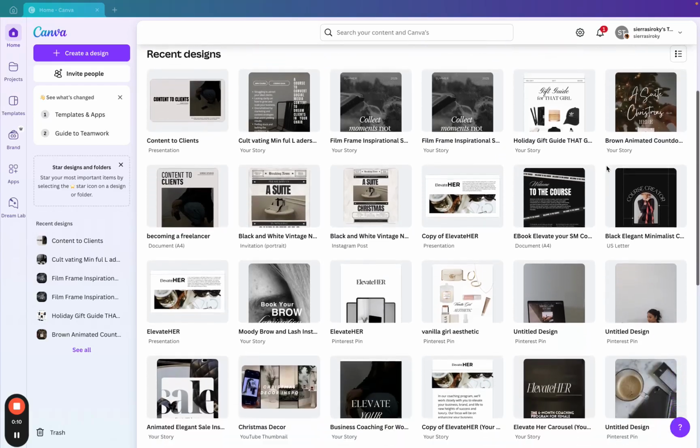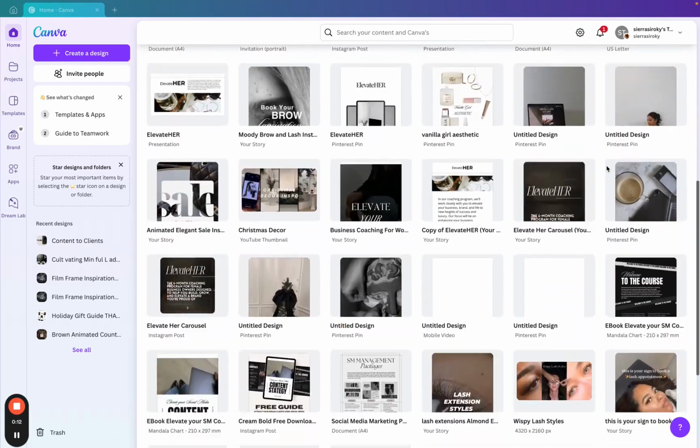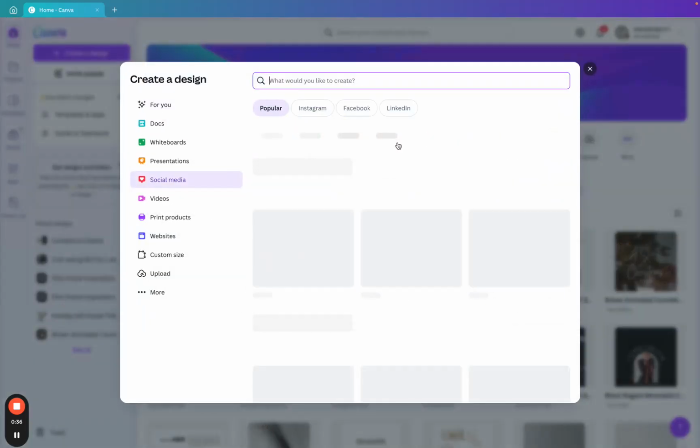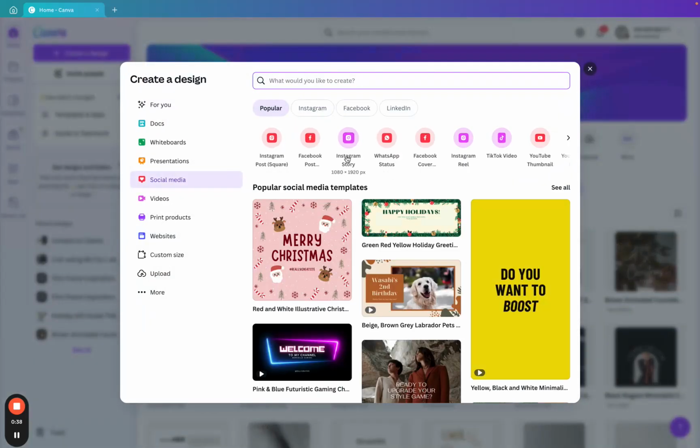So we're going to start to do a little tutorial on Canva. So if you want to create a Pinterest pin, a story, a document, you can do contracts for your clients and things like that, or social media. Right now the focus here is social media. You can use Canva for obviously so many things, but you want to go here and then it will auto-populate